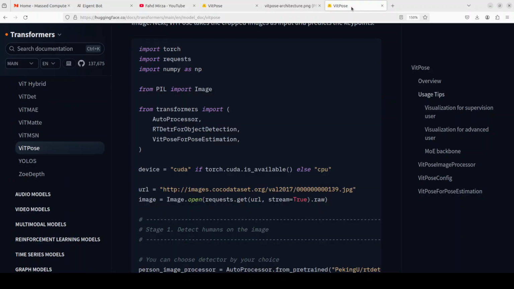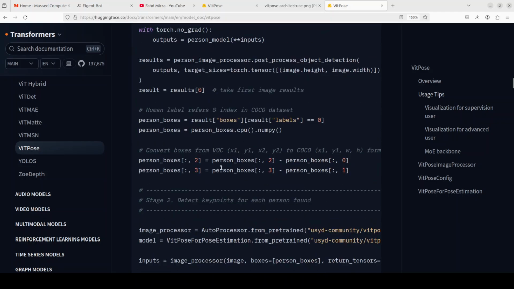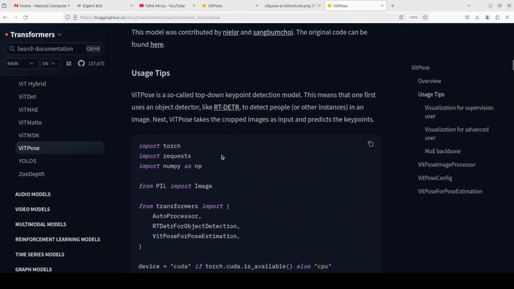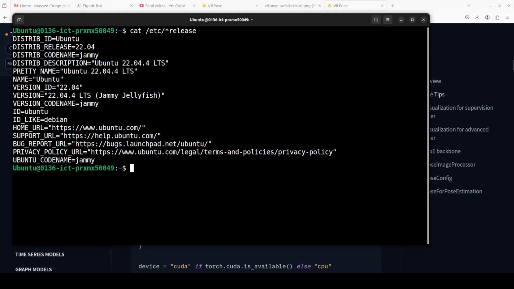And the code which I'm going to use is this, and I have just placed a Gradio demo on top of it which I will be showing you. I will drop the link to it in the video's description so that you can also simply copy paste and run it on your system by following the commands which I'm going to show you. You can implement it in a lot of stuff like sports analytics, virtual try-on, and maybe the gaming industry. So that said and done, let me take you to my terminal